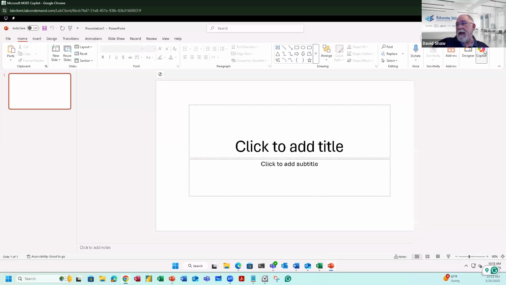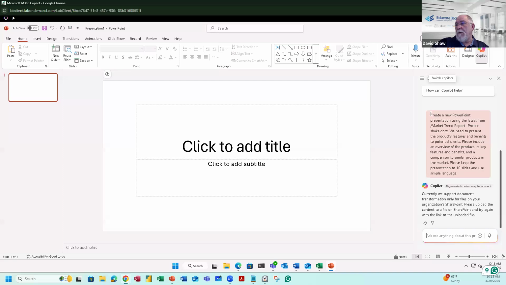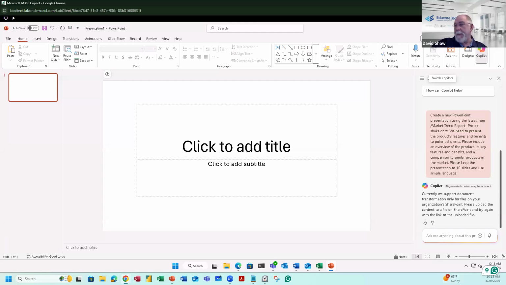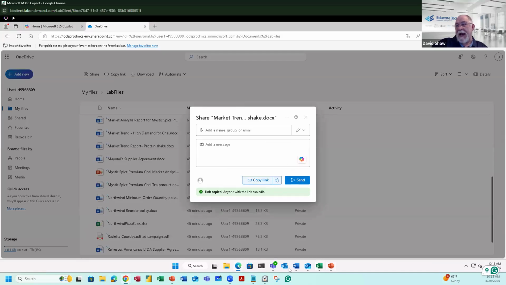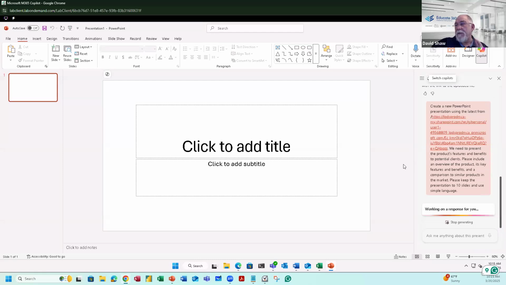So let me go ahead and do this one more time. I'll have to go back and get it in a second. So let me redo the prompt and copy the share link, because I had it copied but need to copy something else. And instead of doing the slash and the docx, I'll just put in the whole entire link to it. So hopefully